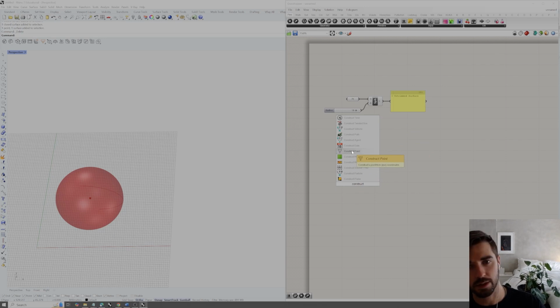We can already see that construct point is in this suggested list. But if we keep typing construct point, then we get access to that construct point component. We can then left click on that, and it will add that component to our scene. I can go ahead and left click and drag and delete that top point parameter. So now we have a point, and if we hover over this construct point component, just like our sphere, it